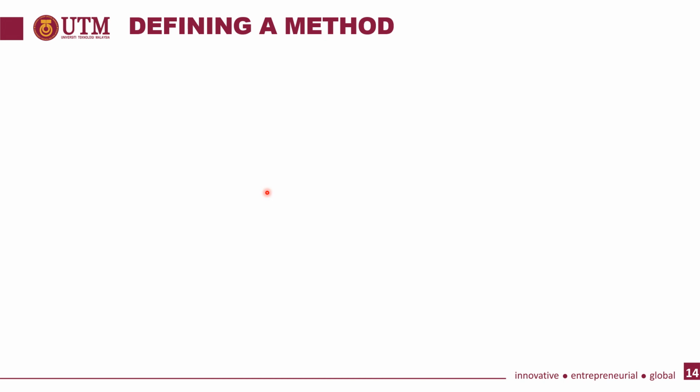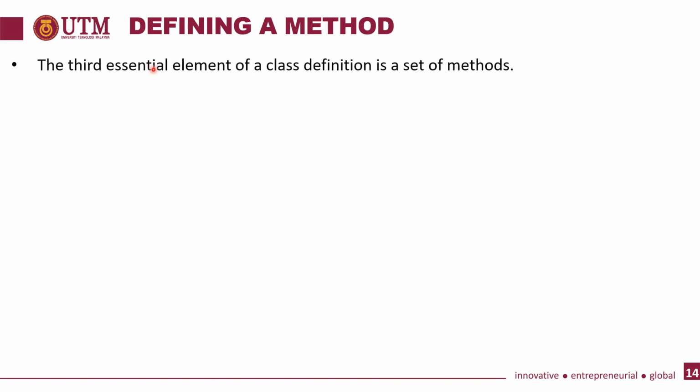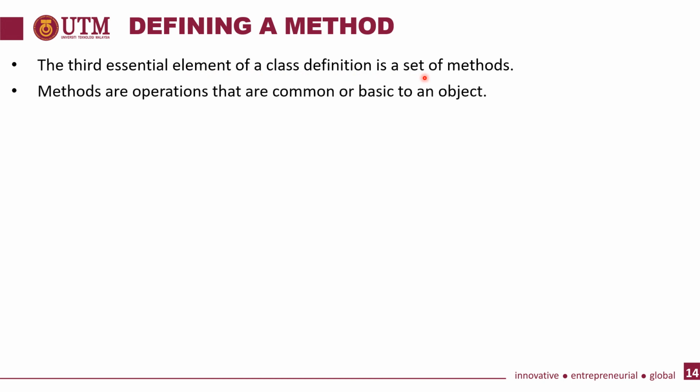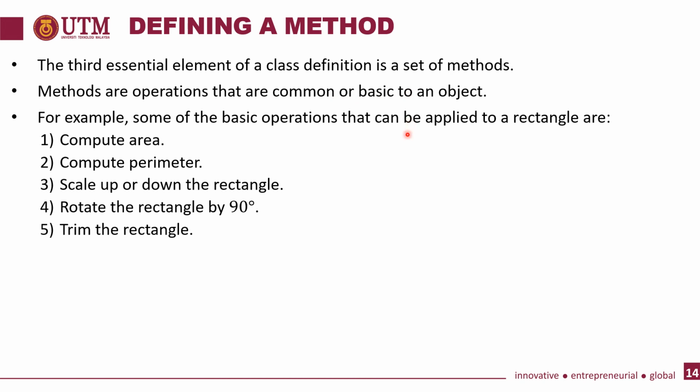Okay, how you wanted to define the methods inside your class. The third essential element of a class definition is a set of methods. Methods are operations that are common or basic to an object. For example, if you wanted to set a method for the basic operation that can be applied to a